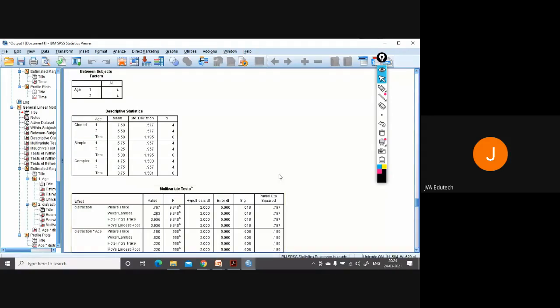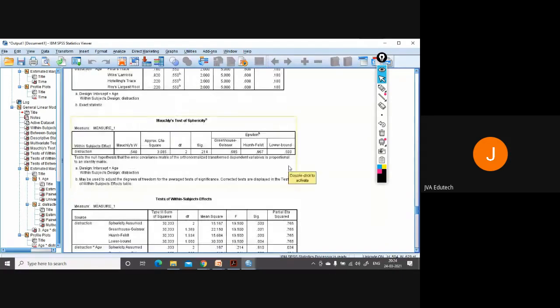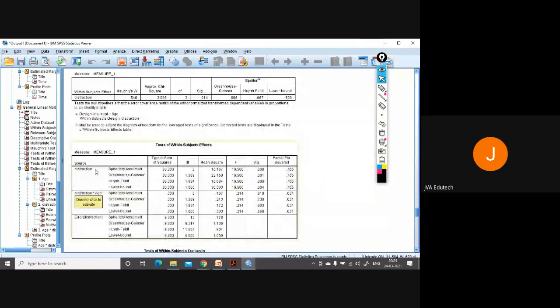Now see, distraction is sphericity assumed. Again, the significance is 0.000, which means there is a difference. The F ratio that you are getting is 19.5.